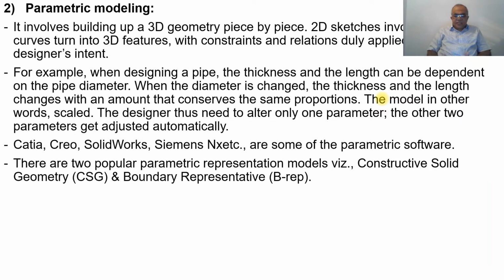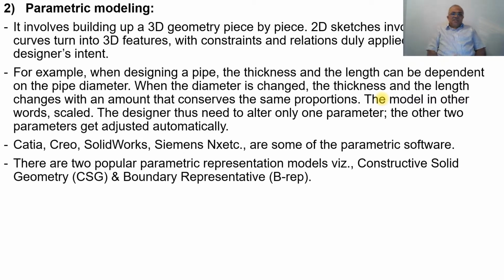So what is the advantage of using constraints? Suppose I want to set length equal to breadth. If I change only the length, then the breadth will automatically change as well. So when you want to modify or edit, it becomes very, very easy, compared to when you are not using the parametric model.